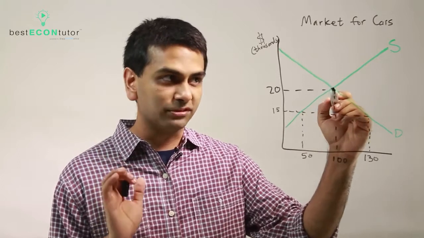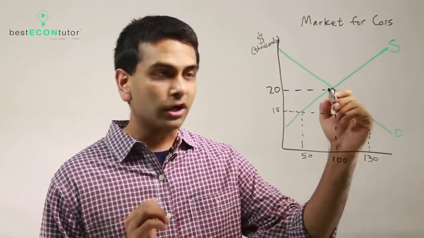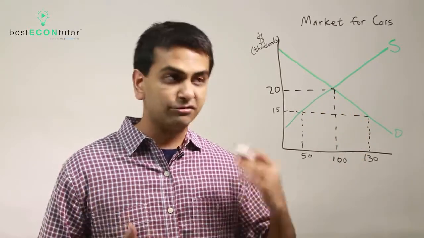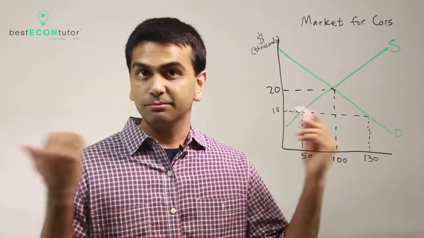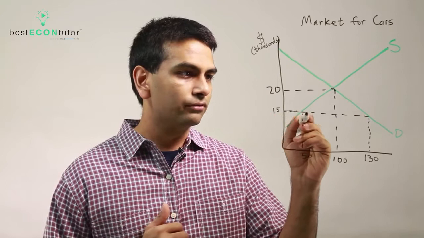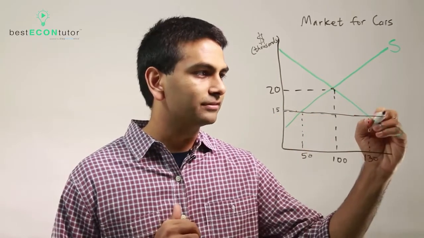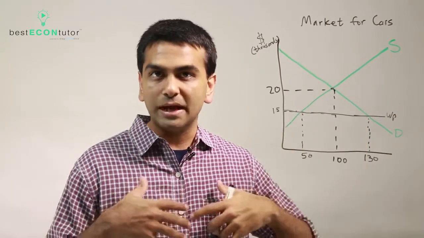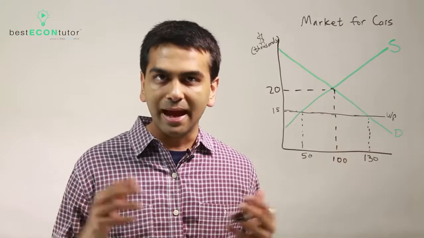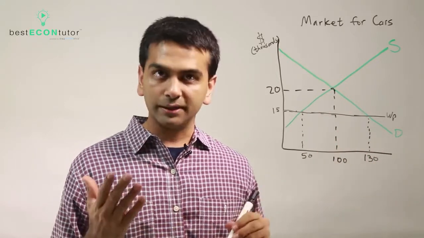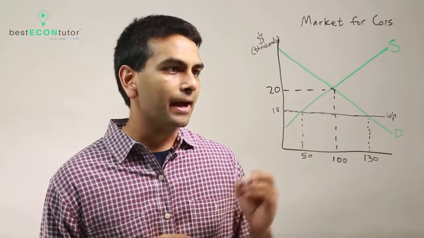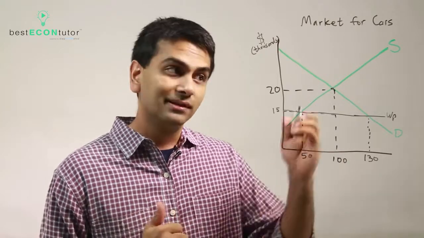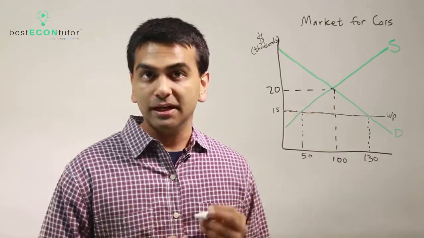So let's say you're at this point in the market right now where 100 cars are sold for $20,000 each. Now, what if the world price, meaning the price everywhere else other than America, is $15,000? We can represent that by a horizontal line saying the world price is $15,000. Now here's the thing. Let's think carefully. If we now opened up our borders to free trade, what would happen? Well, if you're an American consumer, you're thinking, should I buy a $20,000 American car or a $15,000 car from somewhere else in the world? Again, based on our assumptions, you'd rather buy the $15,000 car.